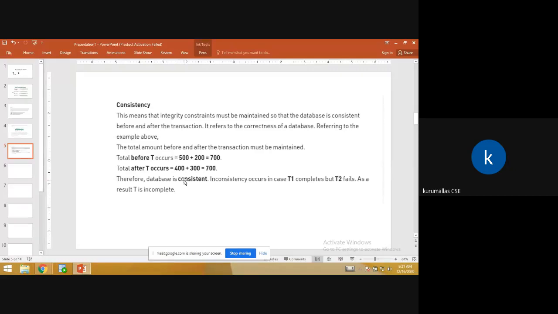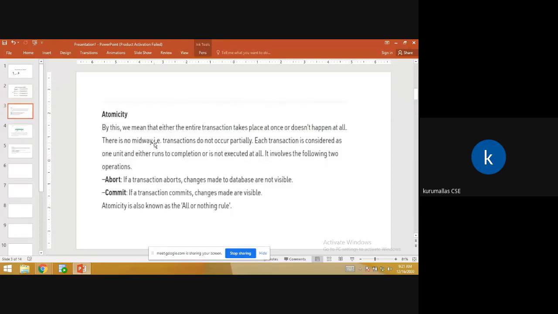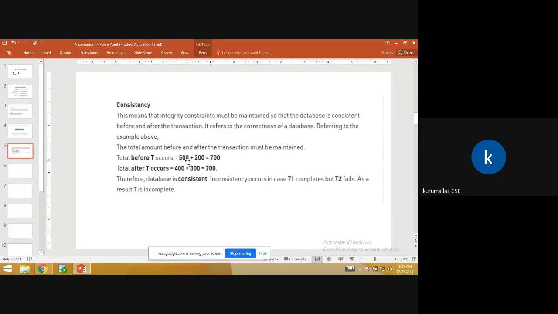Okay, although several transactions are interleaved, each transaction should be done correctly. Interleaved means if transactions run in a concurrent fashion, not a serial fashion, we may get some inconsistent data. Consistency means we should maintain the same sum before the transaction and after the transaction. If you compare these two, there is no inconsistent data. The database is consistent, right?